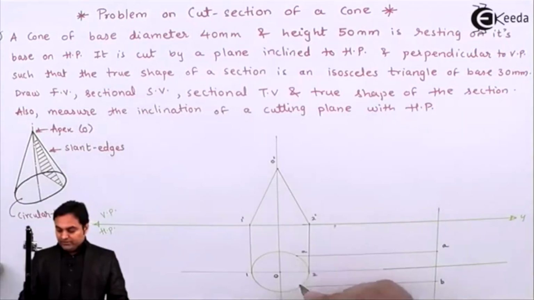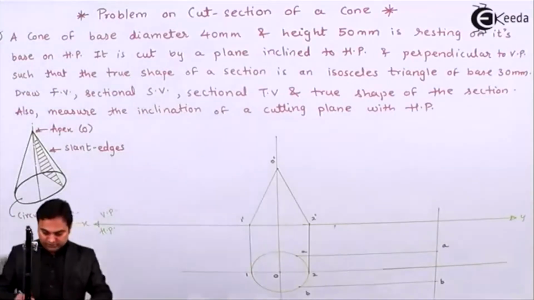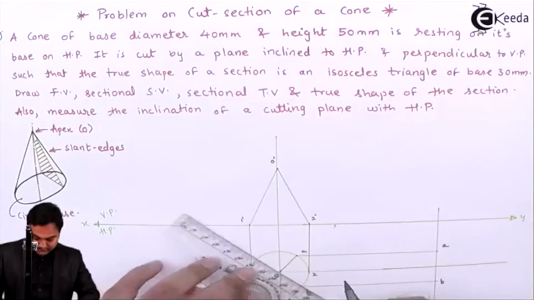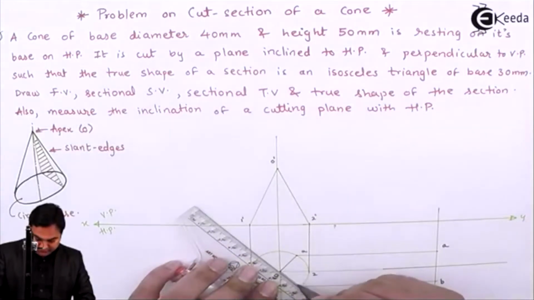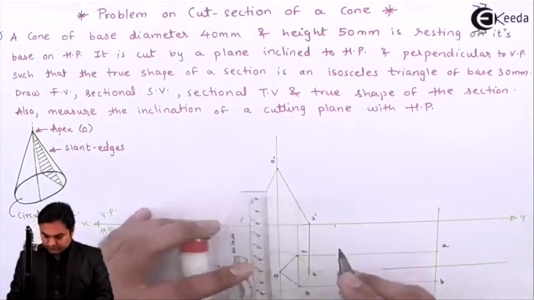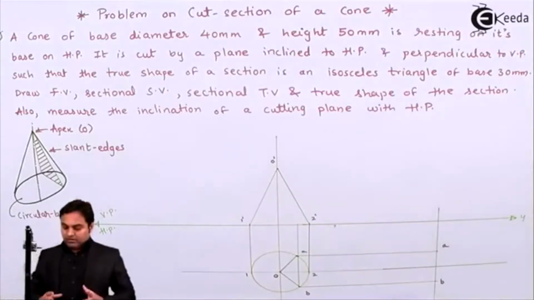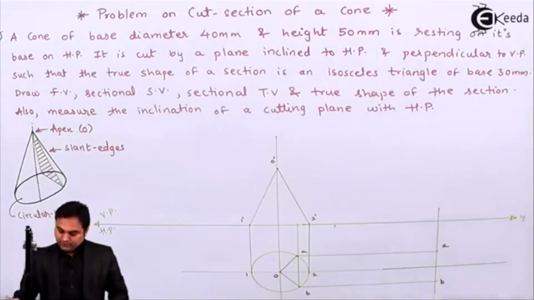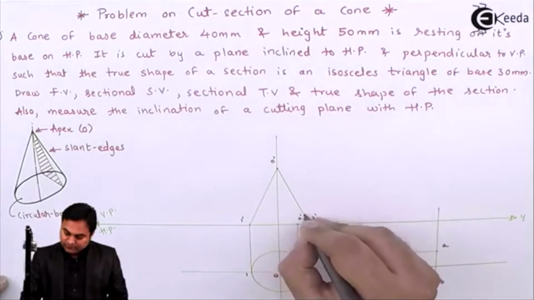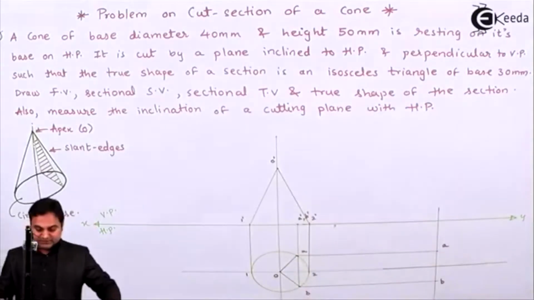So here I have got the base, connecting them to the apex, that will give me the triangle in the top view. O to A and O to B will be connected. Next, joining A and B and projecting it upwards. Here I'll get the points. Now after this, here I am projecting A and B upwards, so that will give me A dash, B dash, and the other point is at the apex, so point O dash.